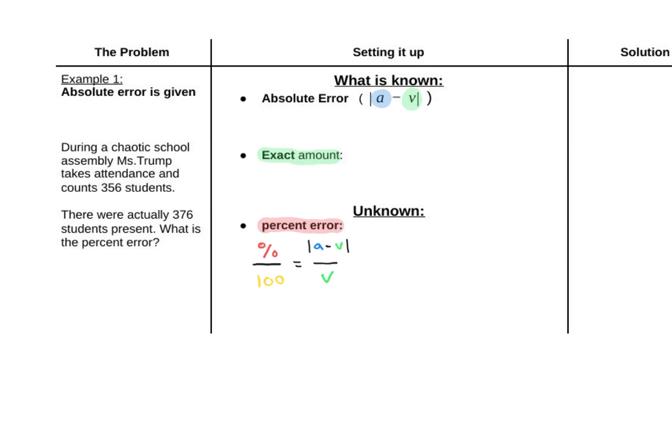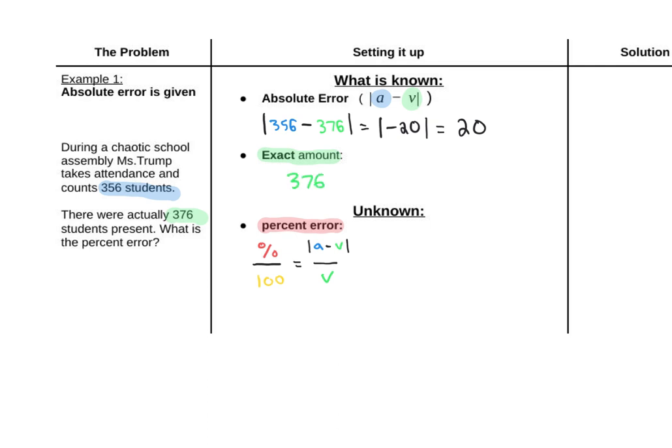We can find our absolute error. We know our approximate. We know the exact value, so we can say the absolute value of 356 minus 376 is going to give us that absolute error, which is the absolute value of negative 20, which just equals positive 20. And then we're going to need that exact amount, and it might sound redundant, but I'm just going to write it down. That exact amount again was